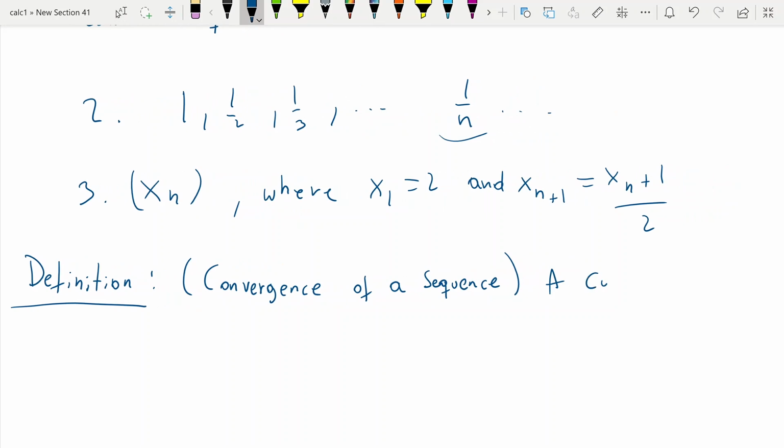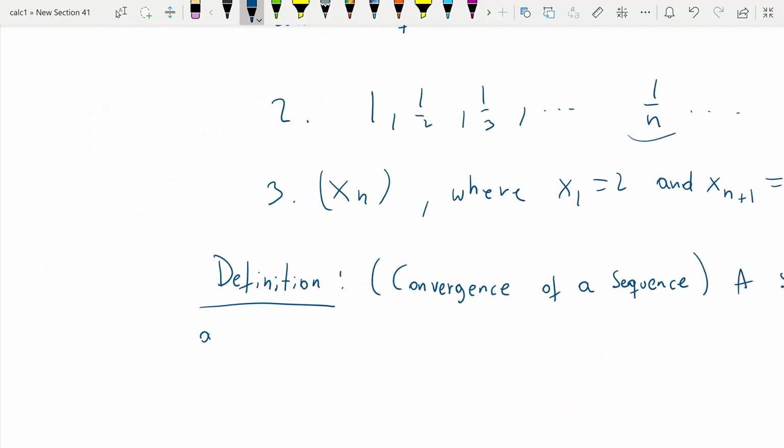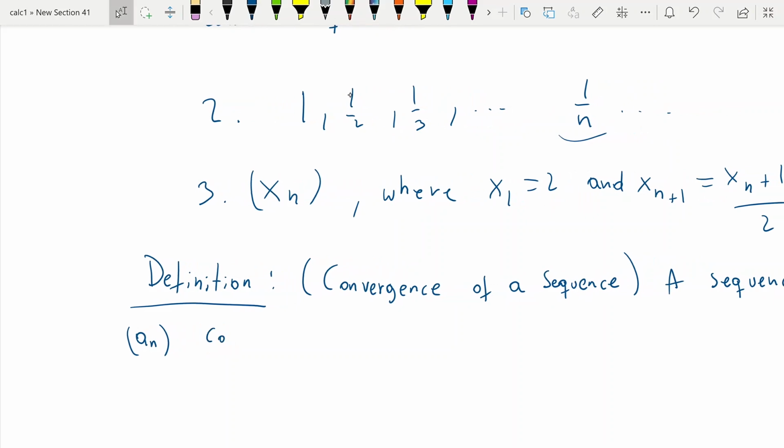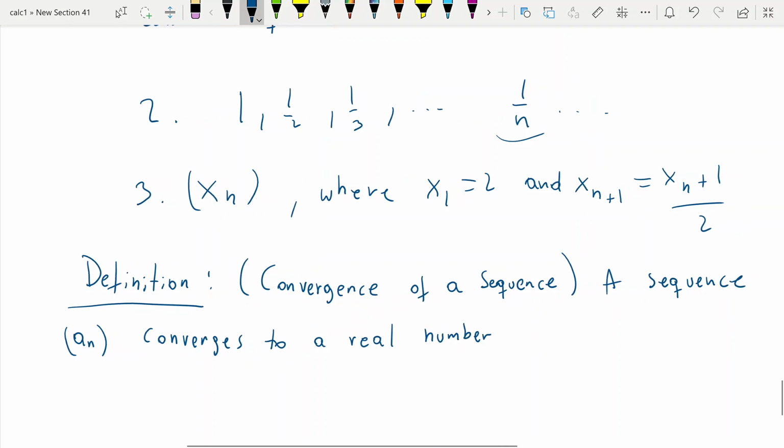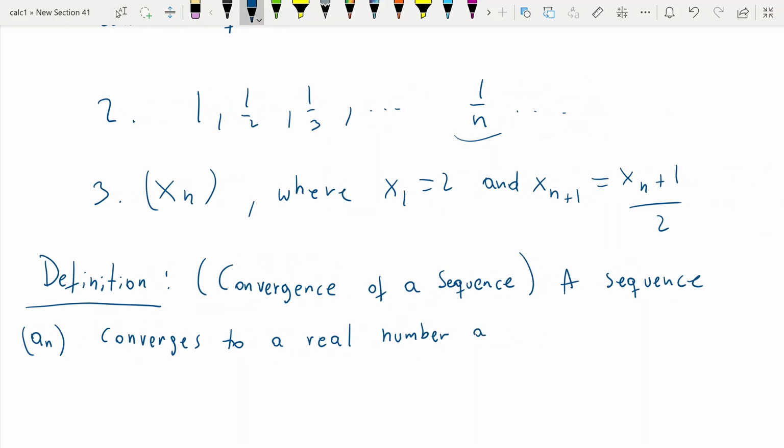And so given a sequence a sub n, we say that it converges to a real number a